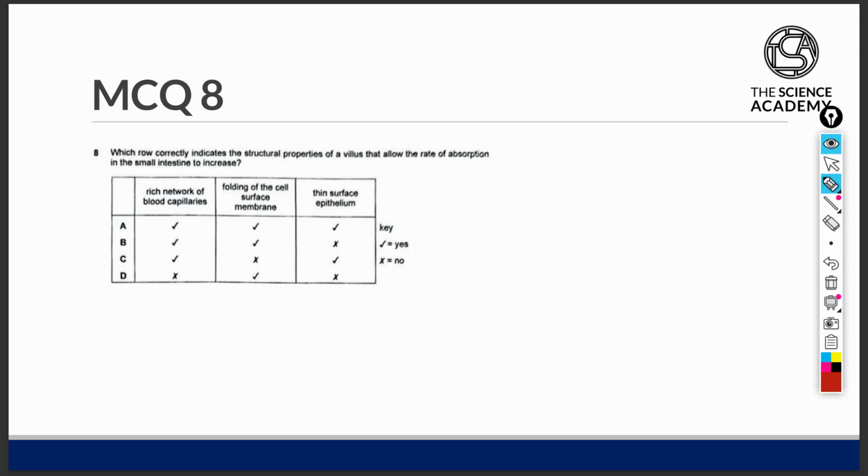Question 8. Which row correctly indicates the structural properties of a villus that allow the rate of absorption in the small intestine to increase? Let's first run through how a villus looks. In the lumen of the small intestine that is facing the food that is passing through, if we zoom in onto the wall of the small intestine,